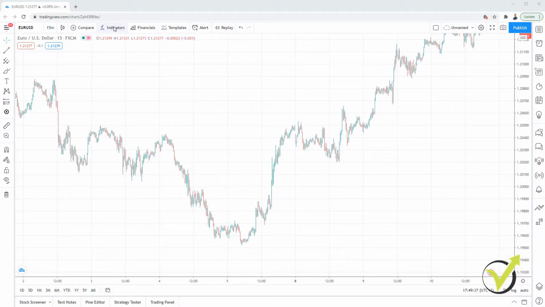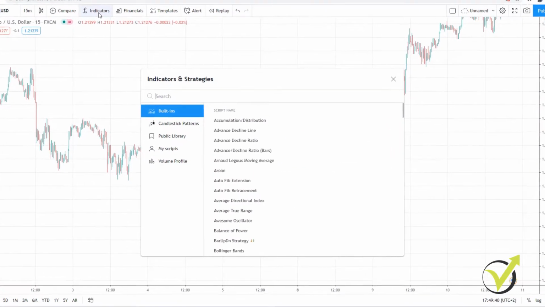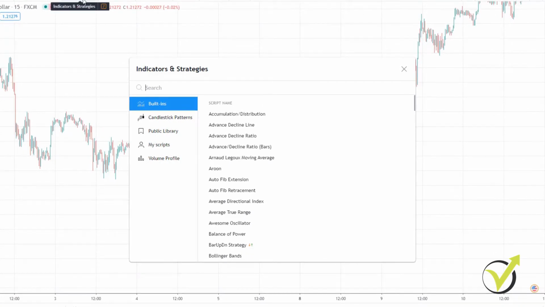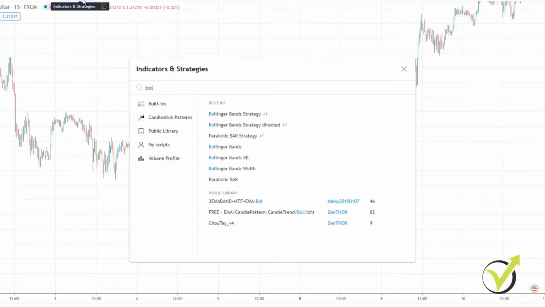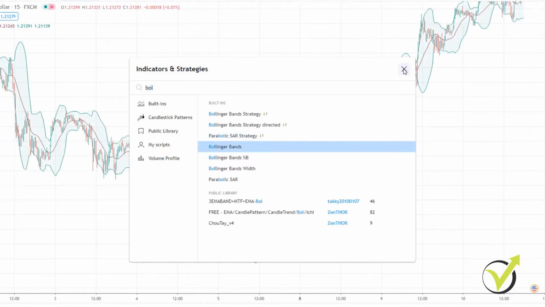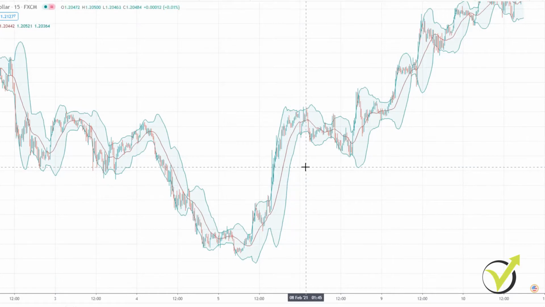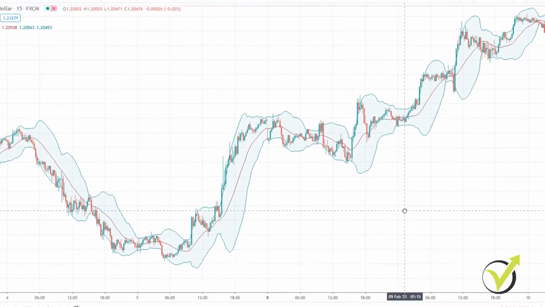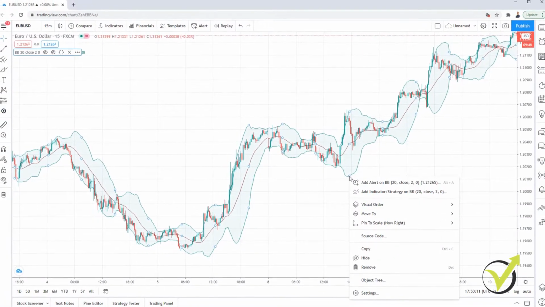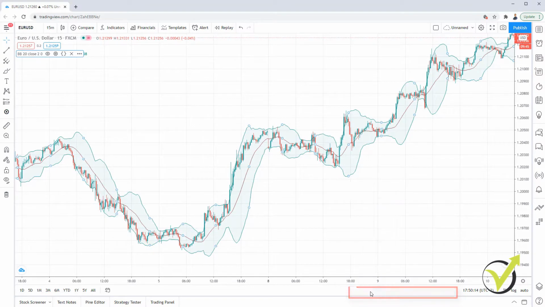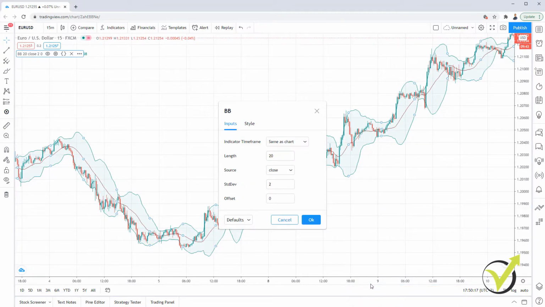Now what I will do is I will add one indicator. As I've said, the strategy is very simple and easy to follow. You will see how it works, and the indicator that I will need is called the Bollinger Bands. The Bollinger Bands is quite a popular indicator, but what makes this strategy different is the parameters for the Bollinger Band. Now if I click on it and I go to settings, you will see that the default parameters are length of 20 and standard deviation of 2.